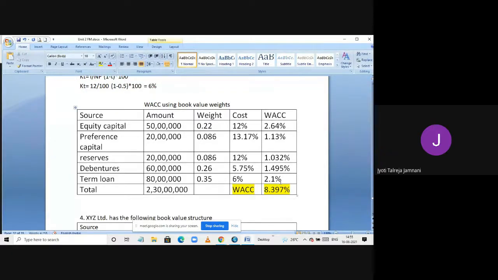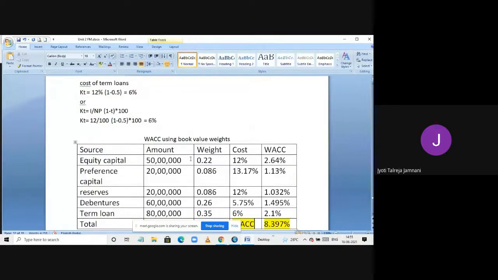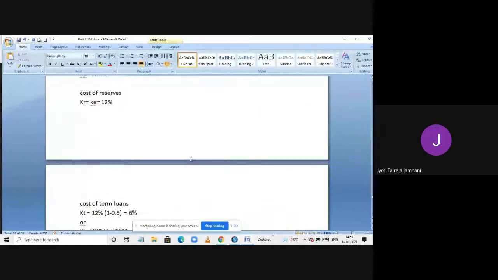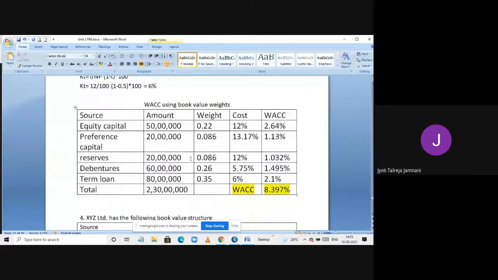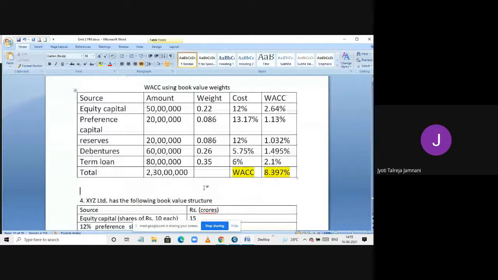Okay. Now that it's time up, we still have to do market value weights. This sum is not over. So can you do it as homework? I will solve it and share the answer with you by evening. You try it as homework and later check the answers. By then, if you get time, you solve and cross check. Otherwise, first you solve and then check the answer. Don't see before that, so that you get to know where you're going wrong.